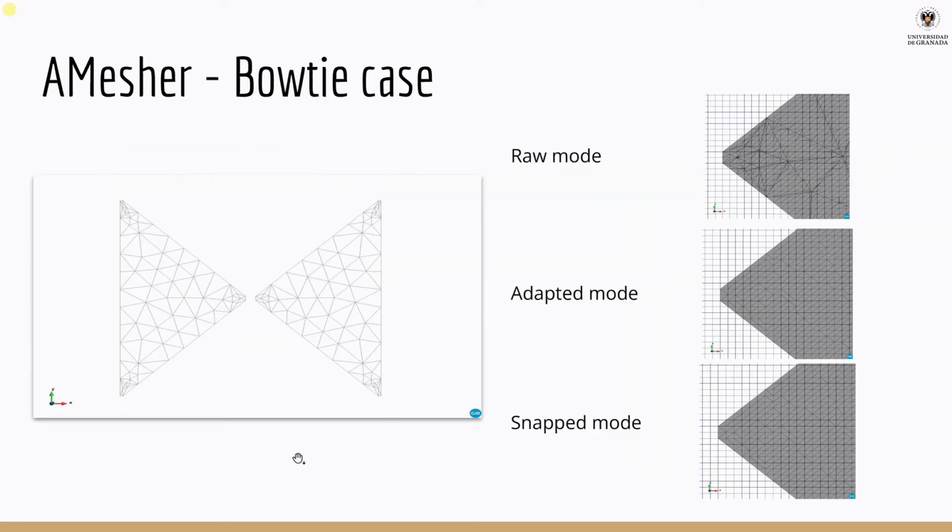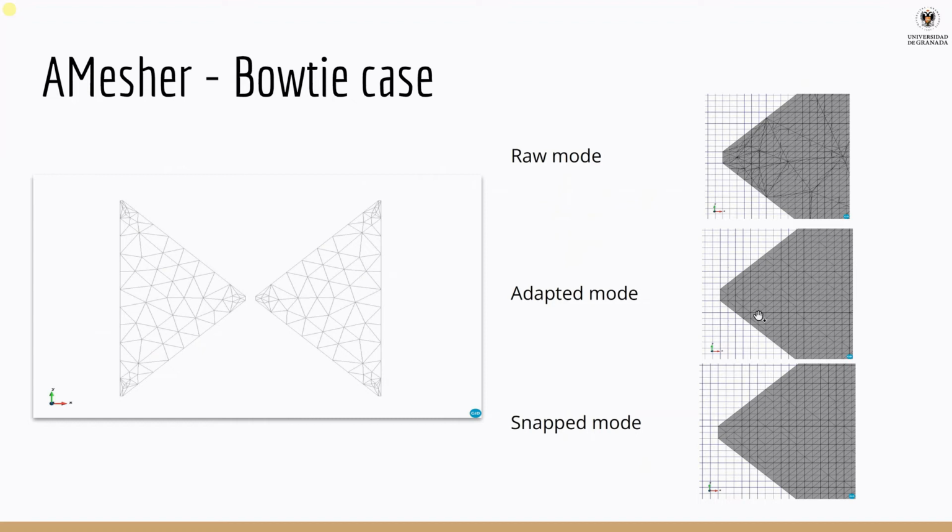Here you can see an example of a bit more realistic case. This is a bow tie antenna. This is the mesh in GID, and this is the resulting remote mesh. As you can see, all triangles belong to one and only one cell, but we have some very small FDTD